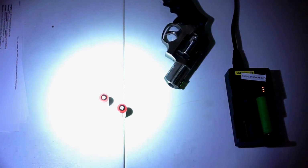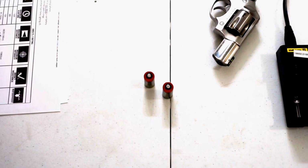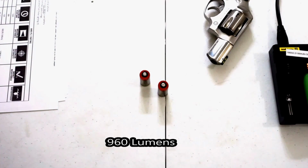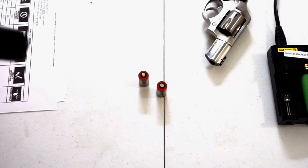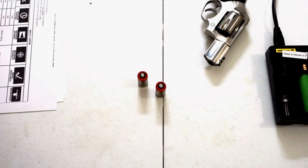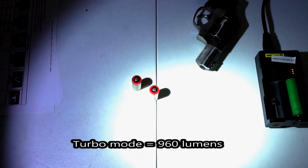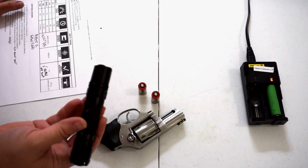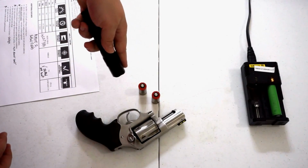But some of the specs about it: it is a digital flashlight. It is bright. This is in the outdoor mode, pumping out 960 lumens, which is a lot, and it is sufficient. Is more better? Sure, I guess. They have a certain turbo mode, and right there, that is the turbo mode, 960 lumens. I have gotten in the habit of carrying this all the time in my front left pocket,